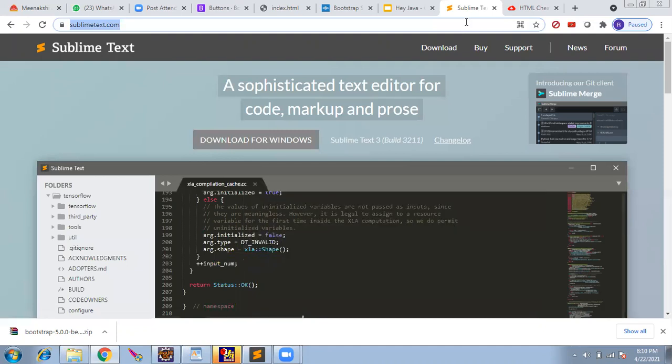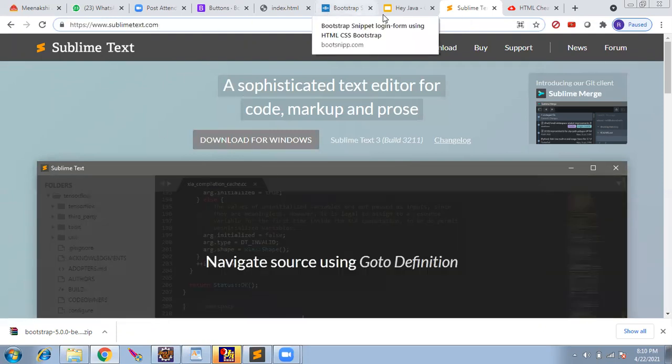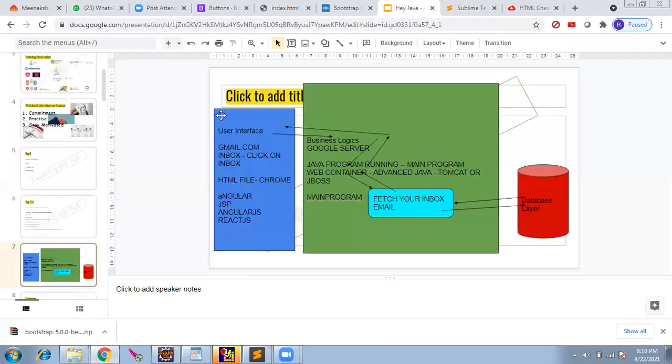So this HTML is a part of the first layer, the blue one. This is where the user is going to interact with the application. And one more thing, it's a part of Java, meaning in the syllabus we have it.